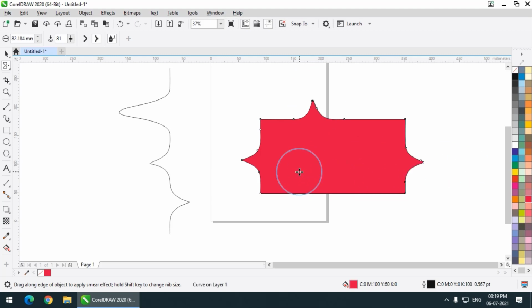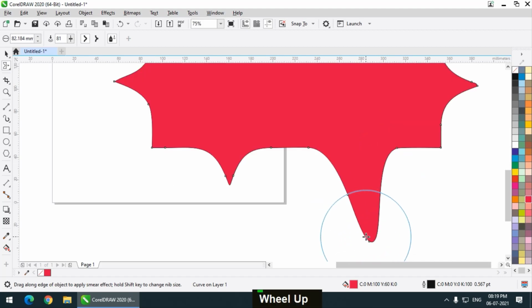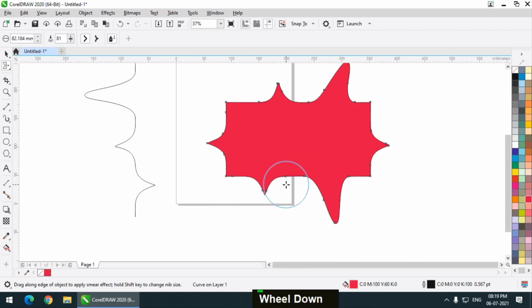This is a pointy smear and this one is called the smooth smear. As you can see, the edge of this particular shape is smoother and the end of this particular area is pointier. That's why it is called pointy smear, and this one is called smooth smear. So you can use it on any shape that you want.